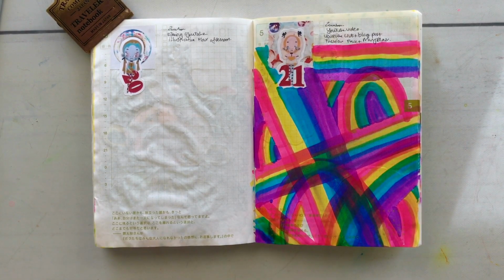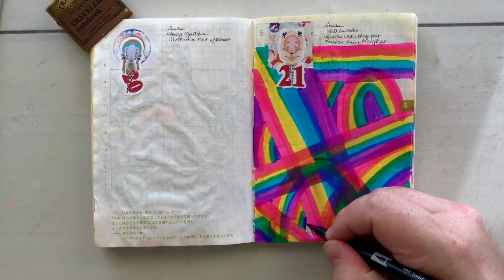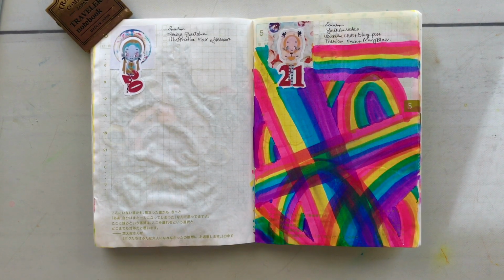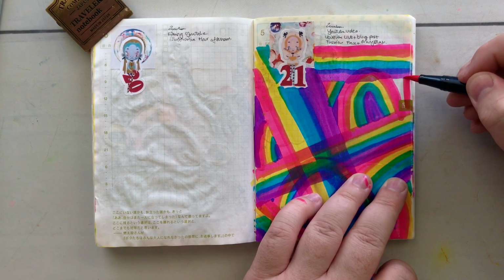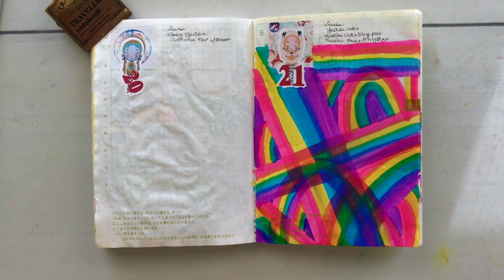If you want to blend them, just run your marker over that edge where they meet a few times. It's not going to be the softest blend in the world, but you can add water. You can get a water brush and blend these because they're water-based. Again, it's just probably a little too involved for a 10-minute video, but it can be done for sure. So here are our